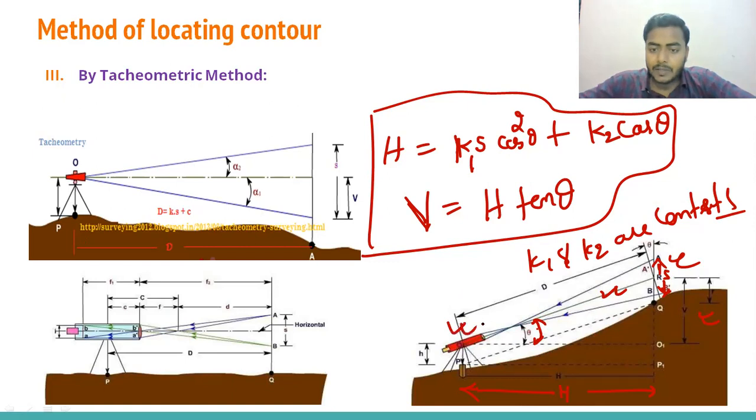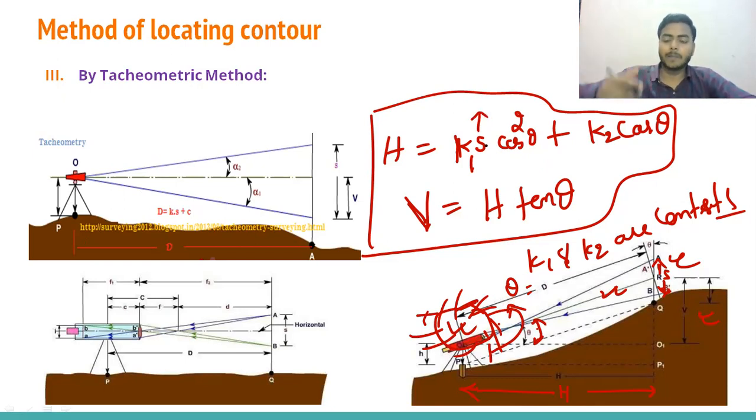If we are using a theodolite, there is a vertical circular scale. By knowing the divisions on it, we can calculate the angle theta. So by knowing theta, and K1 and K2 of the instrument, we take the staff intercept by keeping the staff at B. Without measuring the horizontal distance and vertical distance, we can calculate H and V. That is one of the best advantages of using the tacheometric method.